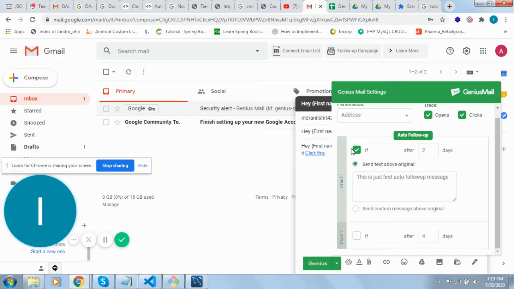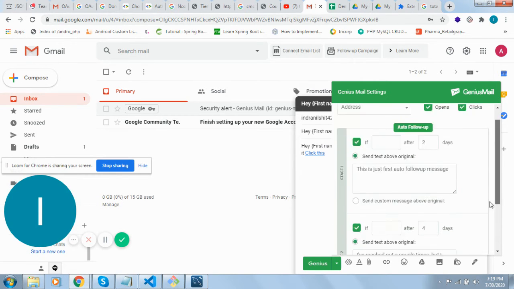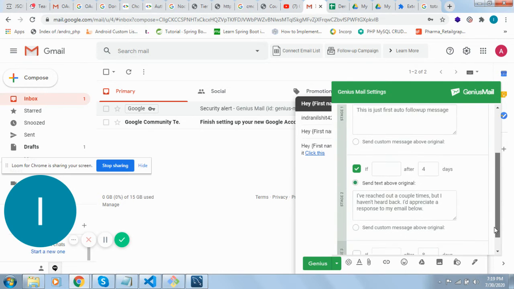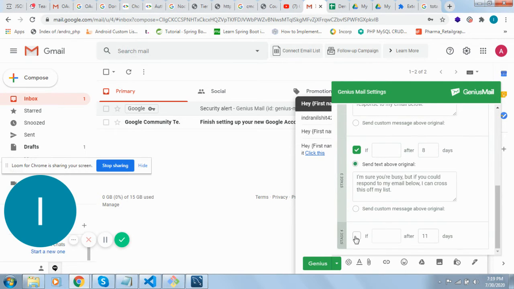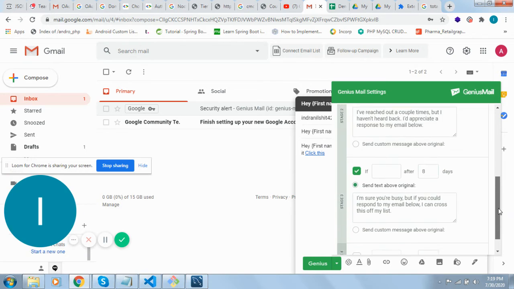See, you have to click this checkbox first, and you can set up to 8 stage auto follow up. By default, for the first time we are providing up to 8 stages.